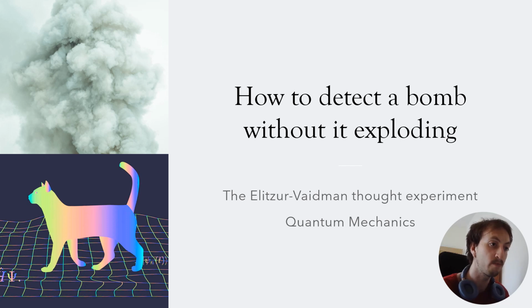and I'll be putting the links to some of these papers down below this video, because this video will be going through this thought experiment, but it's worth saying to keep it as approachable as possible, I won't be going too heavily into the mathematics, I'll be just summarising the main parts. But today we're going to be looking at how we can use quantum mechanics to, in theory, see if a bomb is present without the risk of actually exploding the bomb.